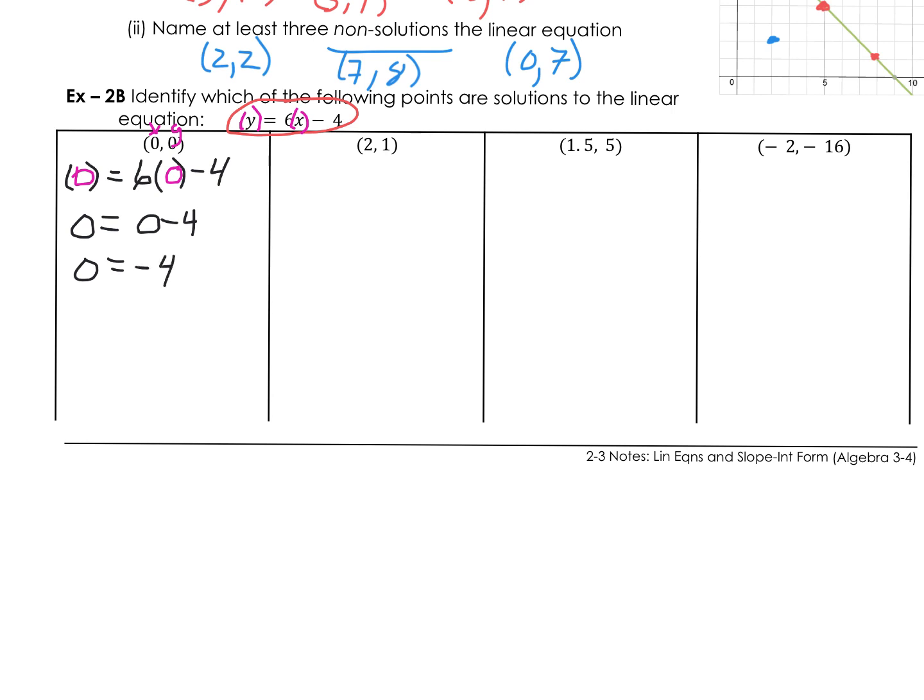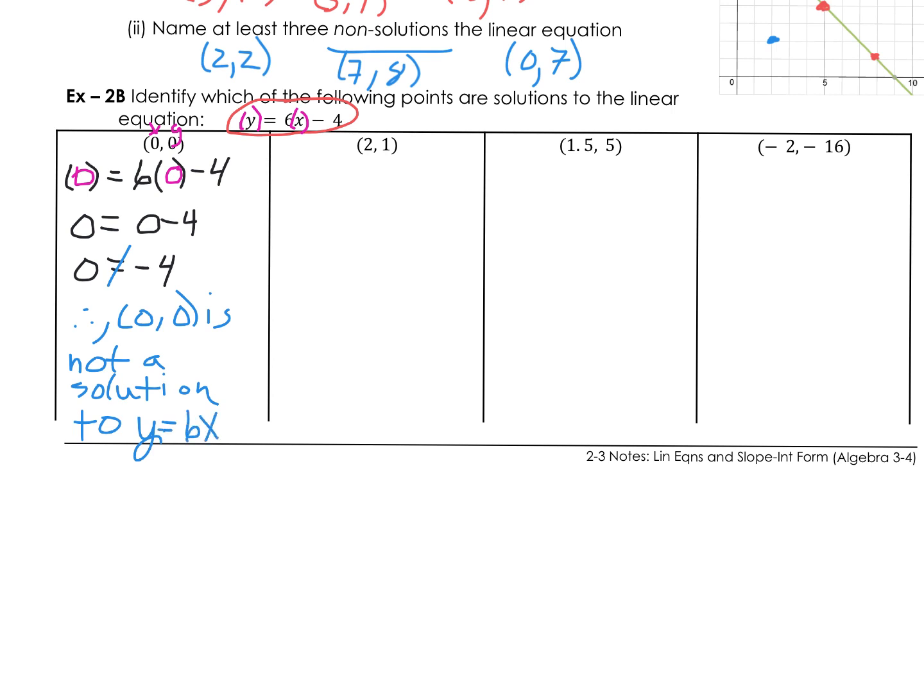Is it true or false that 0 equals negative 4? Since 0 does not equal negative 4, this is false. It did not make the equation true, so therefore 0, 0 is not a solution to y equals